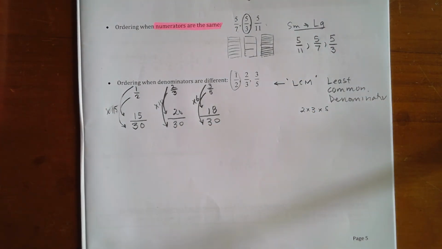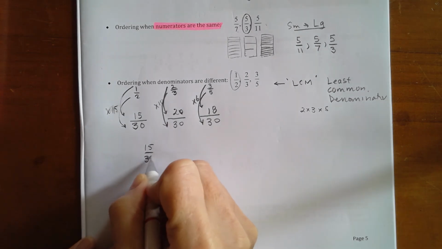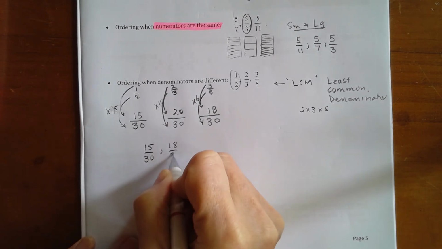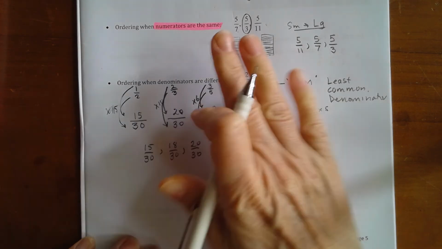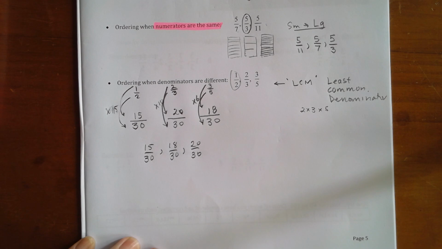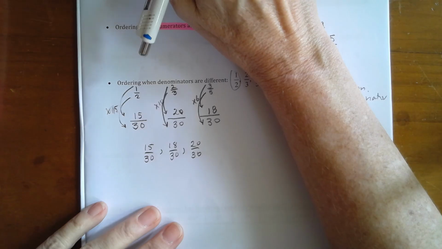Now I have all the denominators the same, and I can compare the tops. And 15 over 30 is the smallest, and 18 over 30 is the next, and 20 over 30 is the next. And that's a really lovely way to do all your working and show the teacher you know what you're doing. Okay, that's the first video for